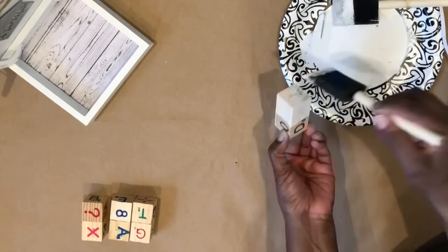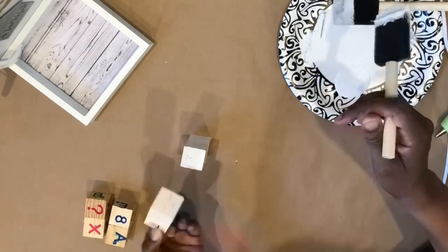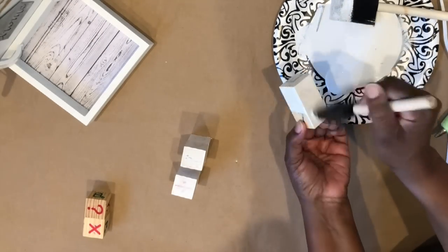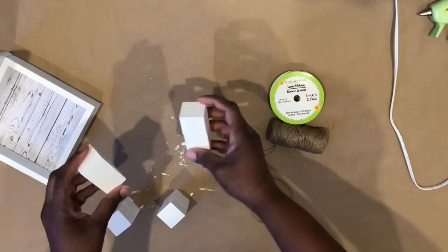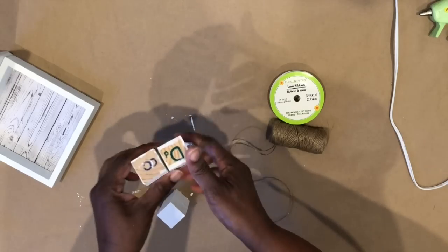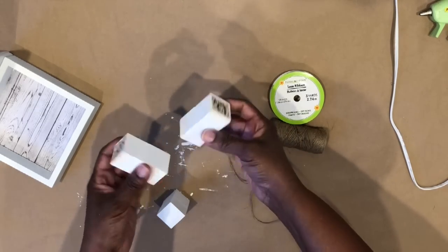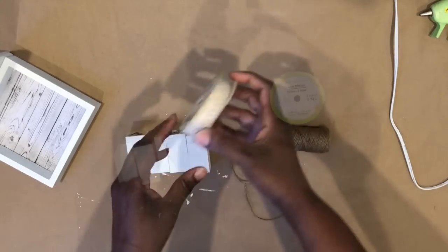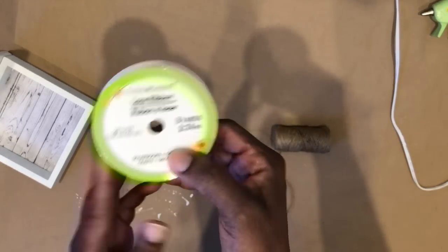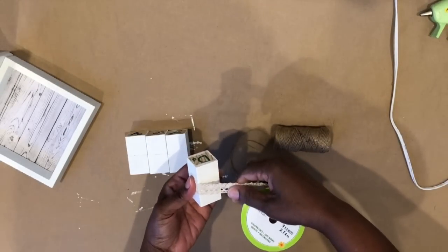And to make the alphabet blocks match, I'm going to go ahead and give them a few coats of paint with the same Ceramcoat white paint. They have stamped letters in them. That ink is pretty tenacious, so you'll need to paint them a few times. Leave the top of it open, or the top part unpainted. That's the part you're going to attach to the bottom. So to help hide the seam, I'm